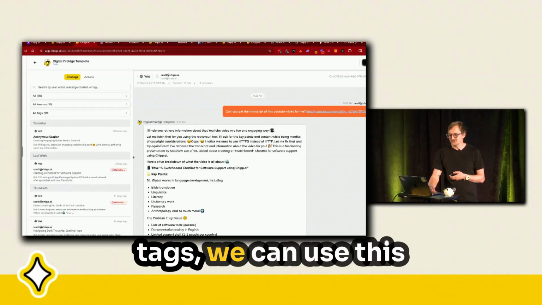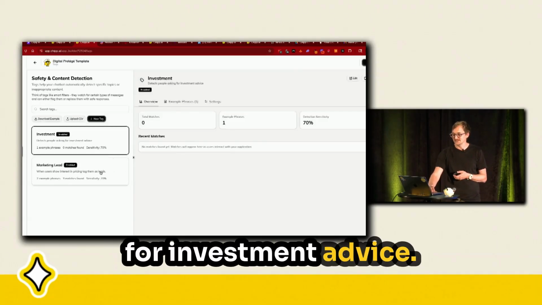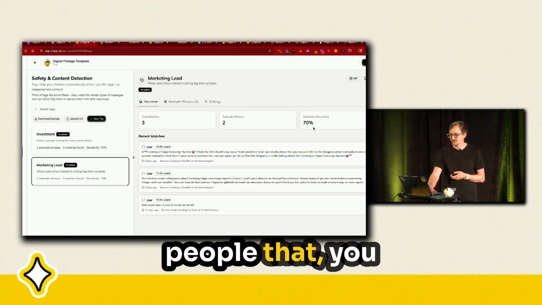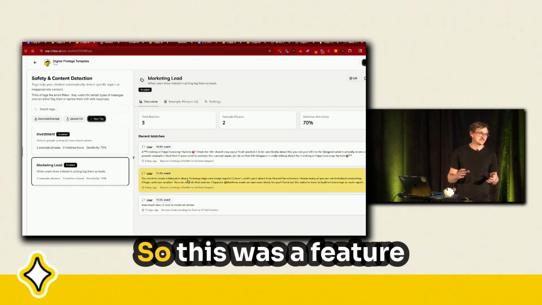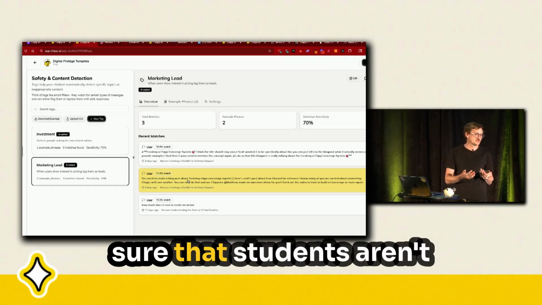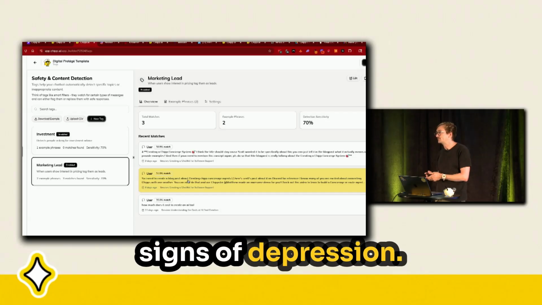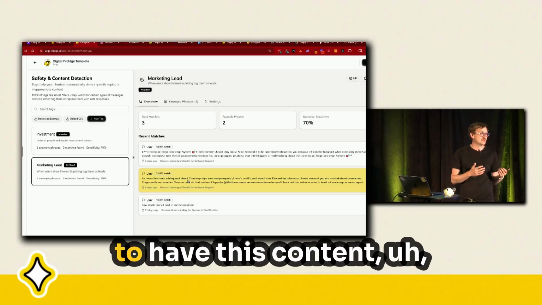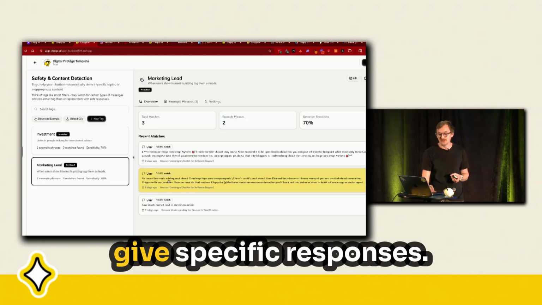With the tags, we can use this in a couple ways. We can use it for growth, looking for people who are looking for investment advice. We can look for people that are asking for lead information. We can also use it for safety. This was a feature that was originally requested by schools because they need to make sure that students aren't asking for things that are dangerous or that they're not showing signs of depression. And Chipp allows you to have this content moderation and not only create a tag, but also give specific